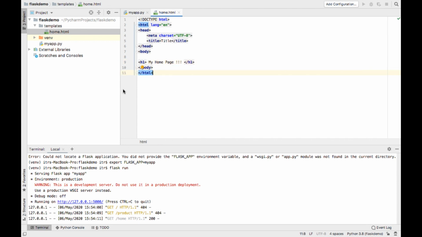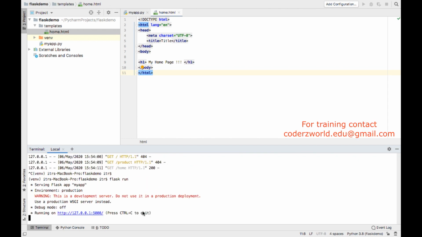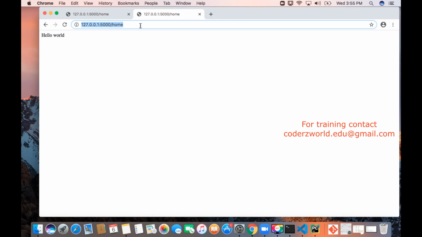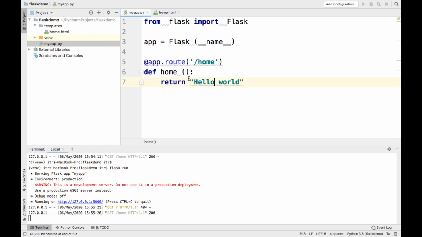Now if we run the application, /home, still we are getting the same thing because we need to change here, right? We created the HTML. Here we need to make one change.